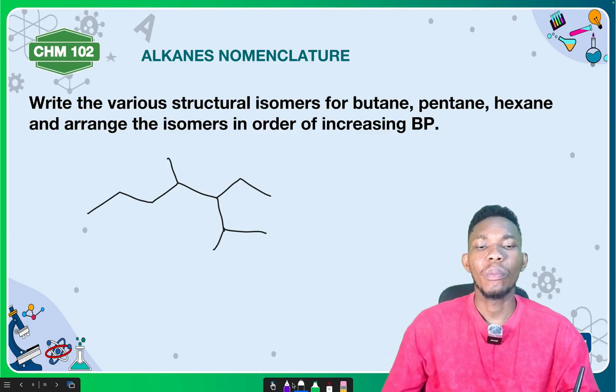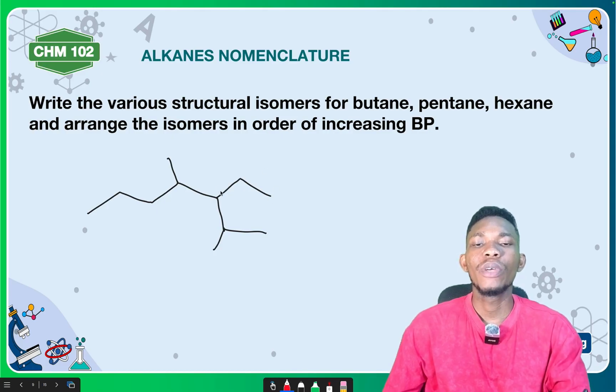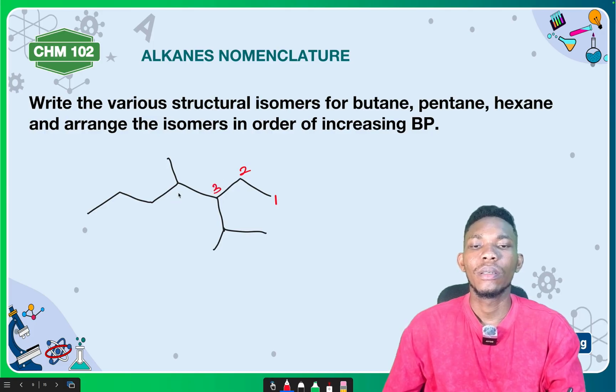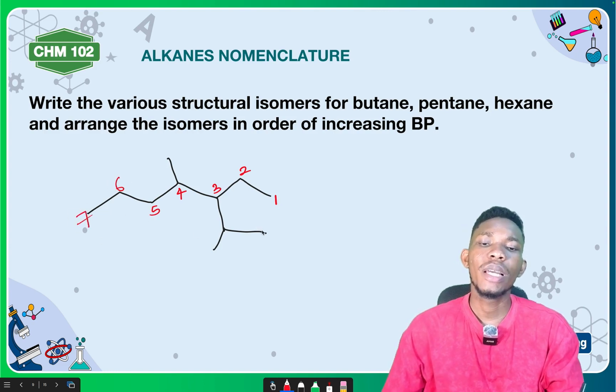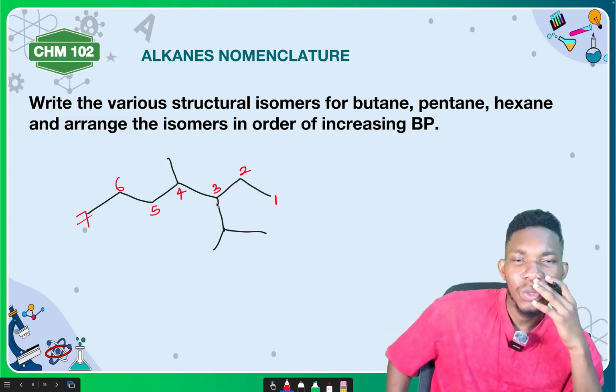Now, first of all, we have to number. If we number, where are we going to take our numbering from? If we take it from this side, 1, 2, 3, 4. Take it from this side, 1, 2, 3. This one gets to the substituent first. So we have 1, 2, 3, 4, 5, 6, 7. If we also take it from here, this one still gives us 1, 2, 3. It's not making it much more. There's something I actually want to show to us, but